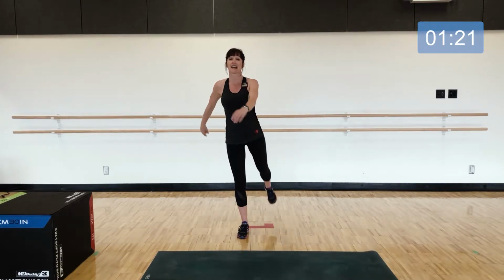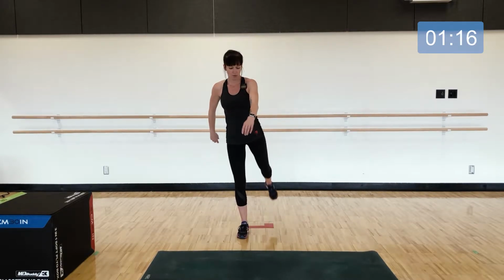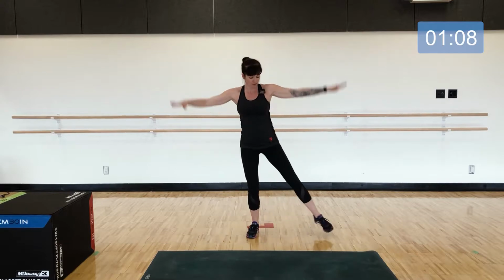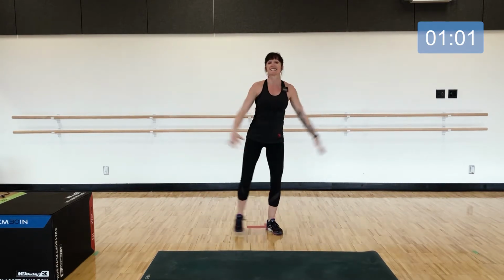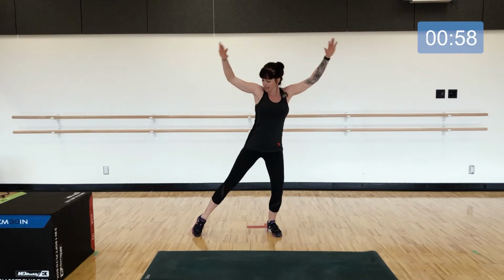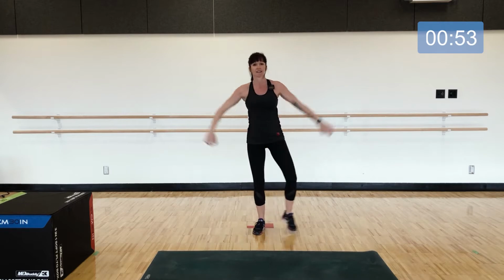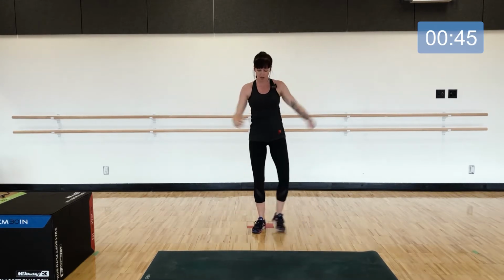A couple more on this side. And then feet both come down to the center, and then starting a half jack. So jumping jacks, but just a low impact jack where one foot taps out to the opposite side. Practice tapping nice and light on the leg that's reaching out so that you're staying nice and balanced and rooted on that solid leg. A few more here. 4, 3,